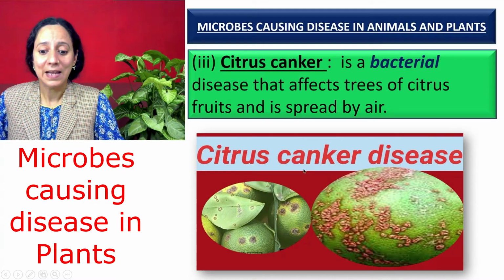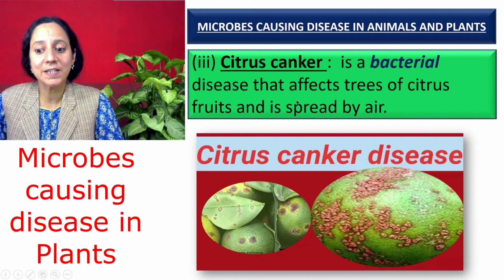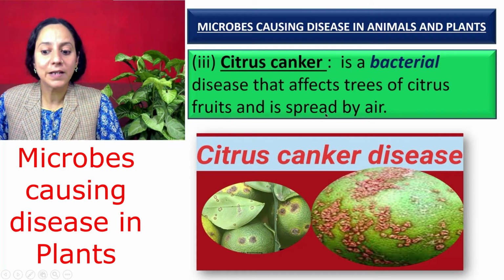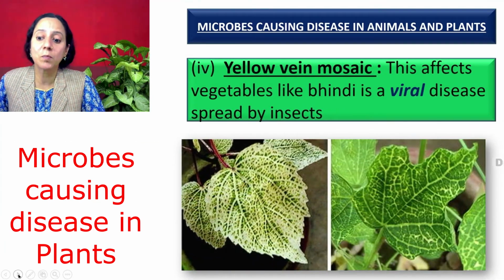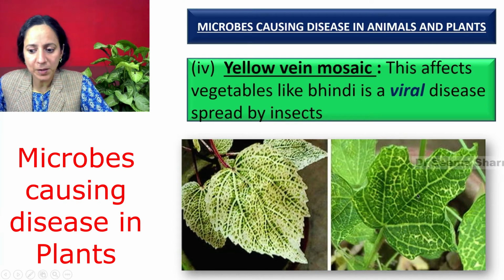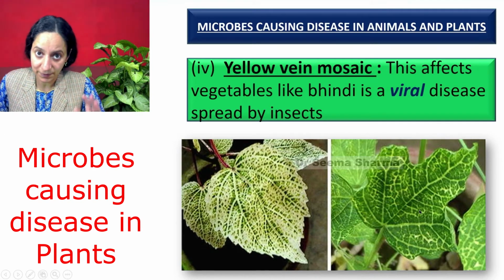These harmful microbes are not sparing our plants either. They are responsible for a variety of diseases in plants, like this is citrus canker. It is a bacterial disease which affects the trees of citrus fruit like lemon, and their leaves and fruits. Next disease is yellow vein mosaic. This is a viral disease. It affects ladyfinger plants and leads to discoloration of the vein and interveinal part of the leaf and drastically